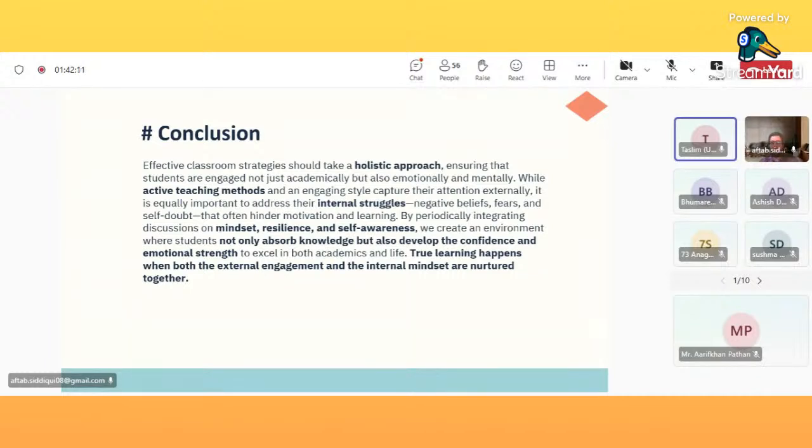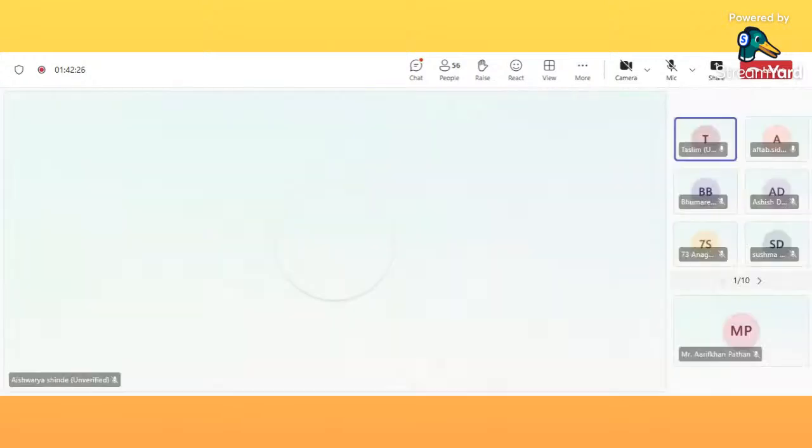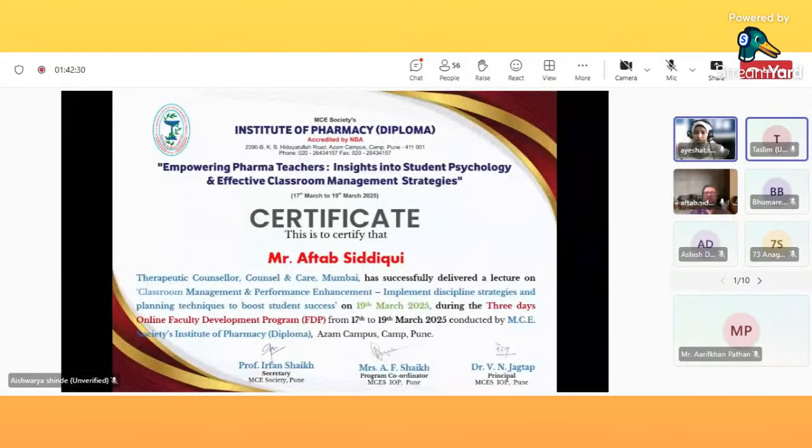Sir, again, Amrut sir has given one message. He said, thank you, sir, for changing the perspective on our profession. Thank you very much for your words. People are saying it was such a nice session. Valuable guidance and a very informative session for the future. All the people have been posting in the chat box, sir.